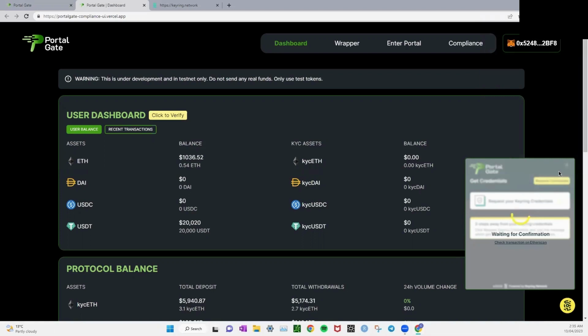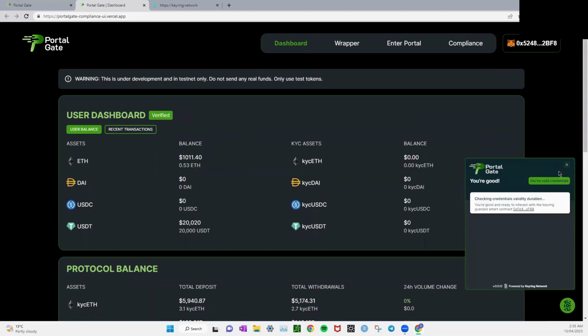So what's happening here is that we've completed our KYC off-chain, and our ZK compliance oracle will then attest that our wallet is compliant. So using simply a 1 or 0, it will say this wallet is compliant and has completed the KYC. So there's no on-chain link between your wallet and KYC. And as you can see, now that we've completed that, we've got valid credentials that are valid for 4 weeks and 2 days. This widget is now green, and we are now ready to move through the rest of the